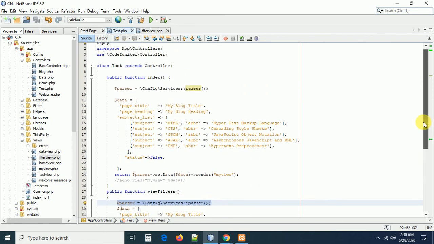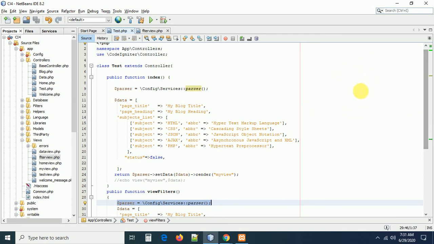Definitely we are going to do this in the constructor. Remember carefully, whatever logic we write inside a constructor is going to be available in each and every method of our controller class. I mean, for example, some logic is going to be common in each and every method. So we cannot hard code it in each and every method, or else we can keep that logic in one method and call it wherever we want.